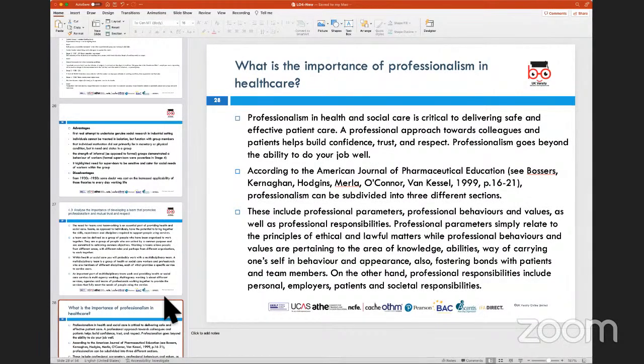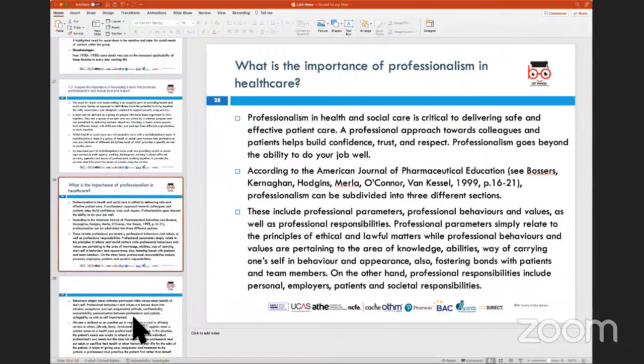Now, when we look at the professional parameters or professionalism which is required, these are parameters related to how you understand and implement the laws and regulations which are put in place, and how you manage your behavior in the organization or in the environment when you're working. What are the knowledge, skills, and abilities that you bring along with experience when you come to your place of work? And how do these professional abilities allow you to deliver a particular standard of service to the patient, whether it's staff, employers, colleagues, is what is considered professionalism